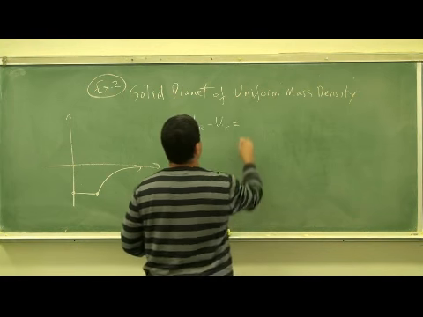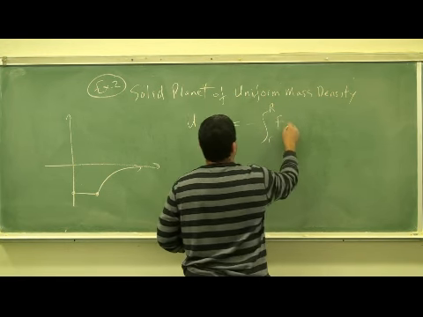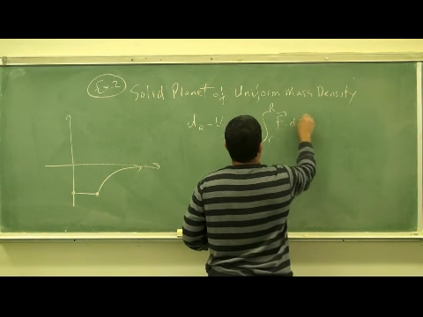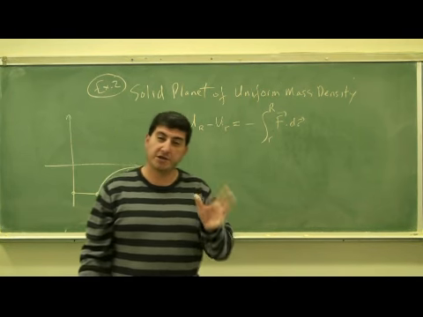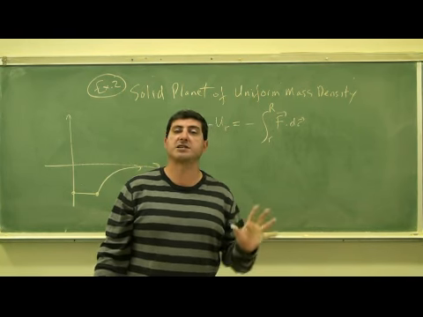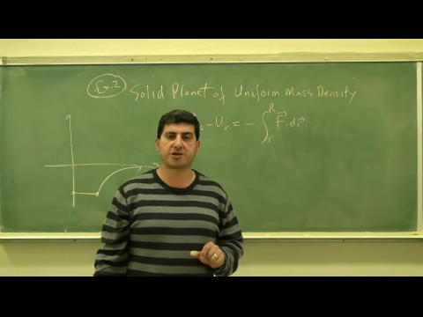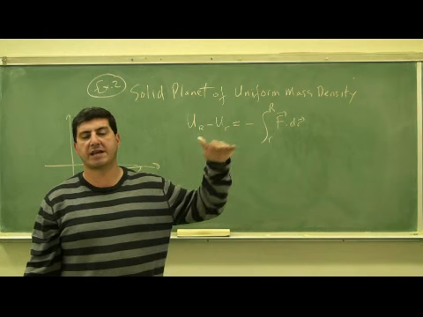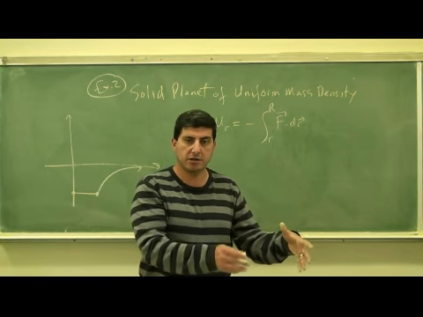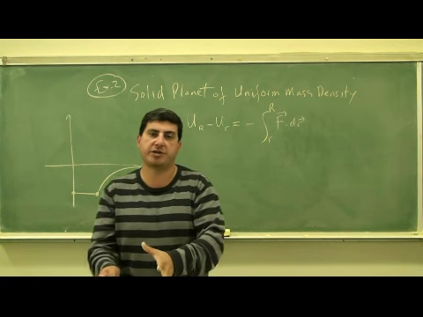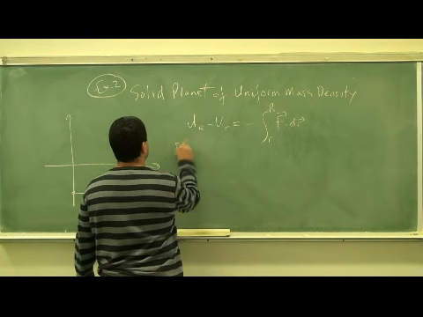Solid planet of uniform mass density. Okay, so now we could use the equation for the force of gravity inside the uniform mass density. If you remember last week, we showed that the force of gravity goes up linearly. So if you were halfway in that planet, you weighed half as much. So it was a linear relationship. So the equation for that